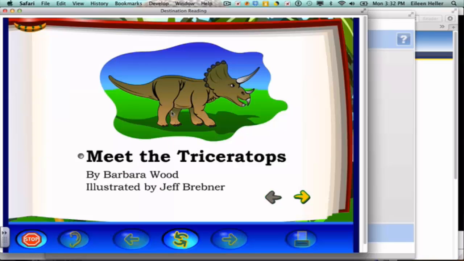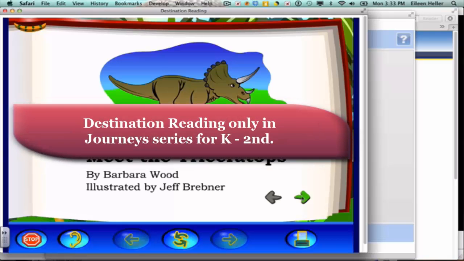This story is about a dinosaur named Triceratops. You can learn new information about Triceratops in this story. What's nice is inside these stories, they do have the little green button so the student can have that text support to go along with it. Now, I will tell you that these specific stories are only for the journey, so it's only kindergarten through second